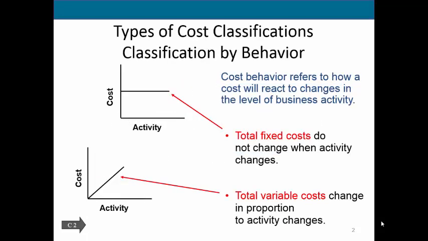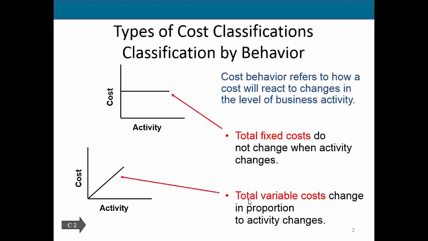We're now going to begin to define some cost classifications. These are just terms and things that you'll need to understand as we move forward. The first two cost classifications that we're going to look at are total fixed costs versus total variable costs. It's important to note that we're talking about these costs in total, not on a per unit or per product basis, and we'll talk about that later. When we talk about cost classifications, we're looking at how a cost behaves. And when we say behavior, we're referring to how the different levels of activity within a business affect specific costs.